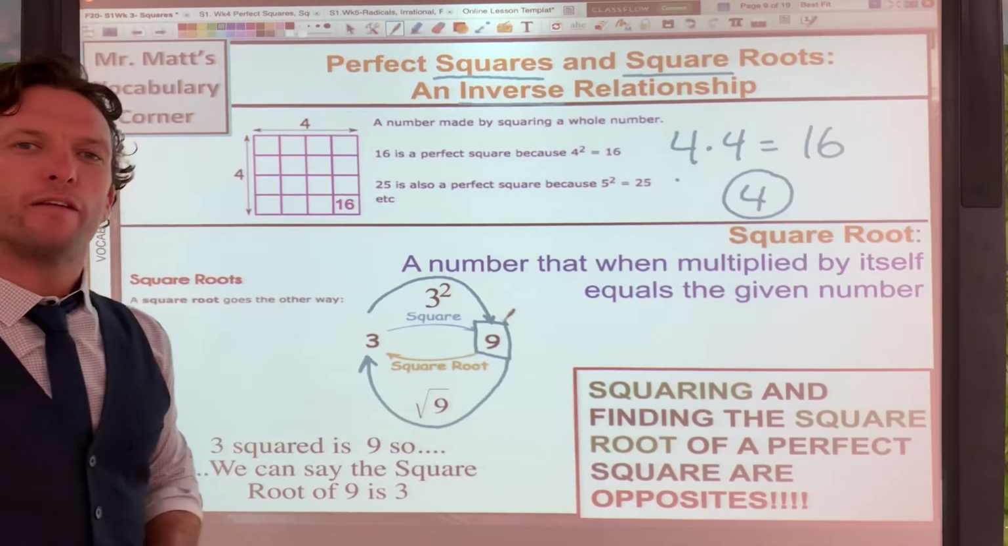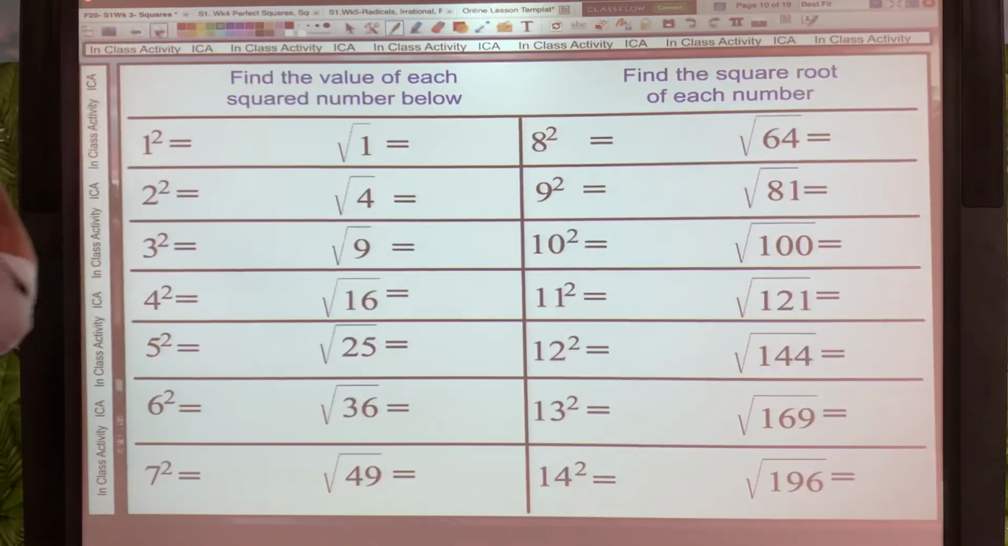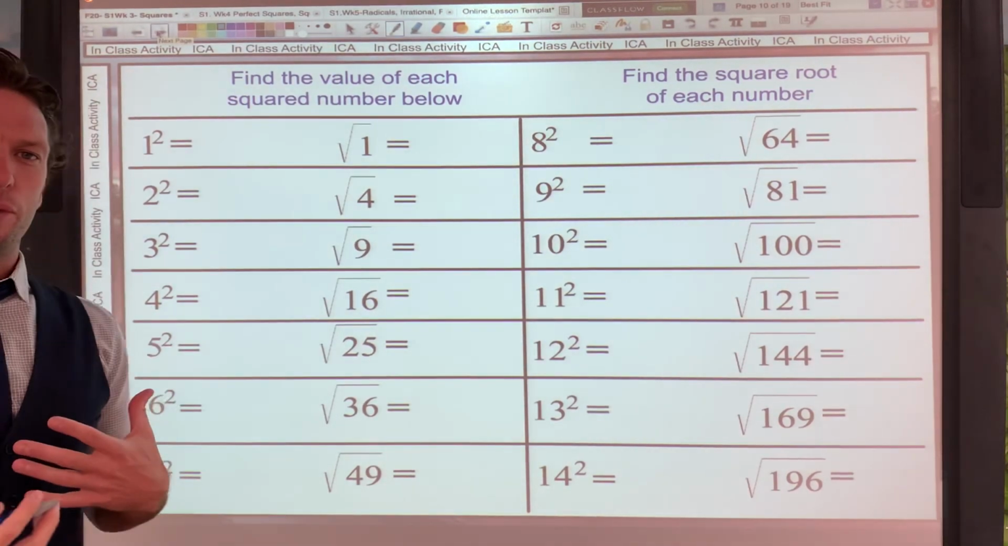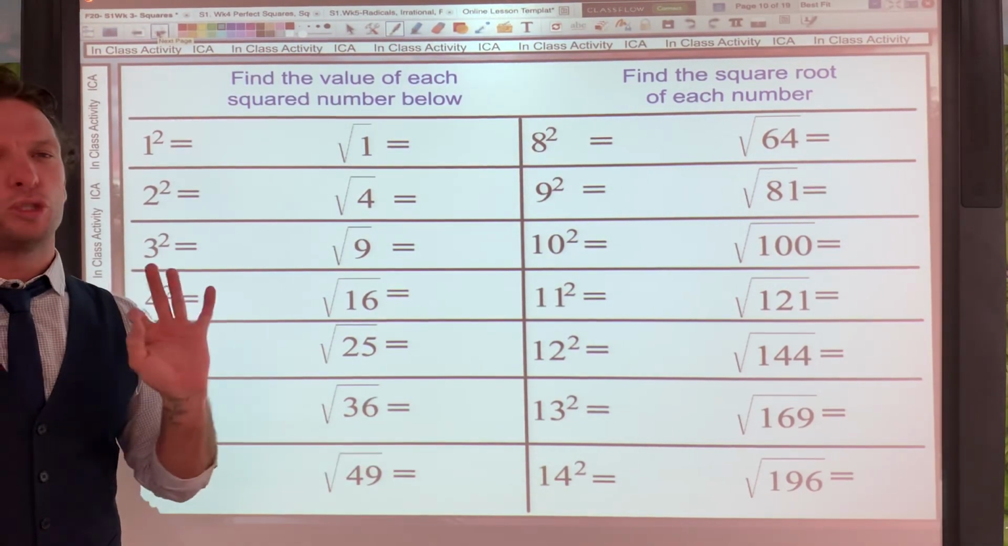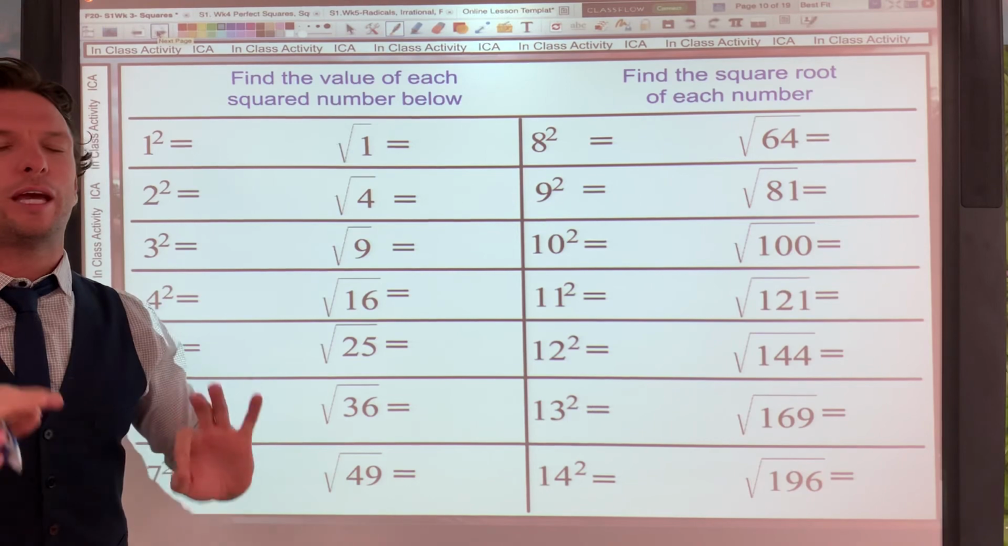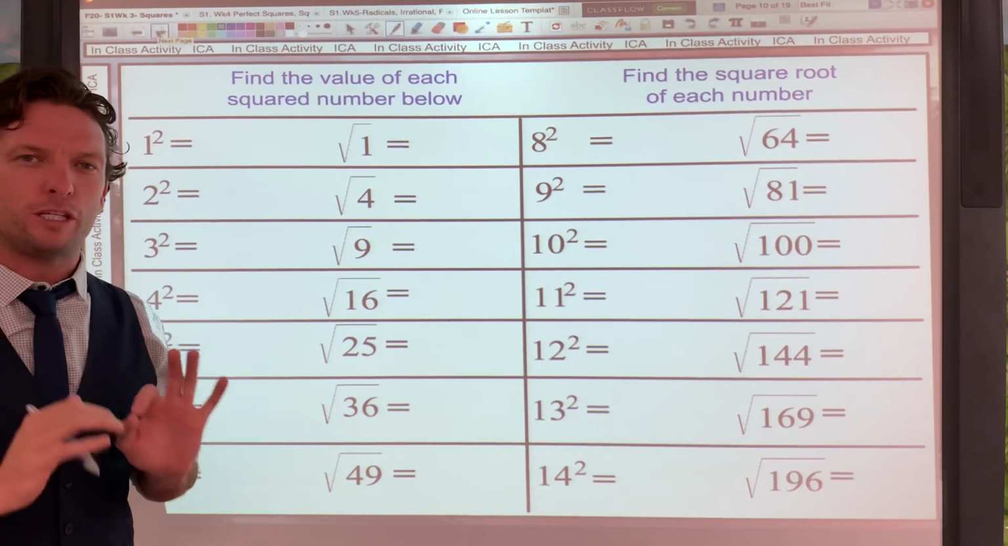So let's try a few of these on our own. If you take a look at the board, it's going to look like a lot, but trust me, we're going to get really good and we're going to be really quick with these perfect squares and